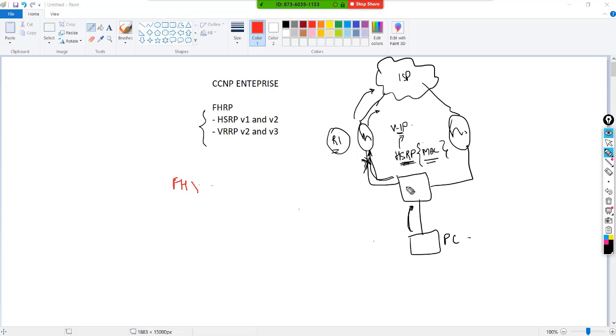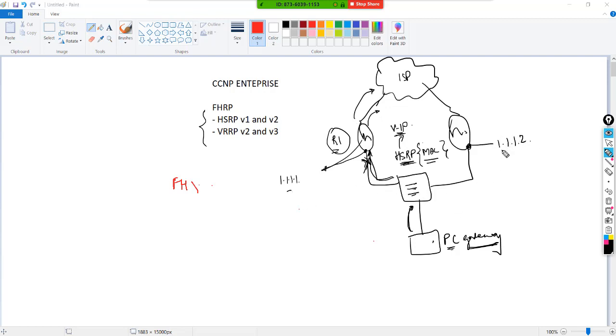This MAC address will be loaded up on the switch, and this virtual IP will be the new gateway for the computer to send the packets. Earlier the PCs were sending to the physical IP. Let's say the physical interface IP is 1.1.1.1, and the physical interface IP over here is 1.1.1.2.